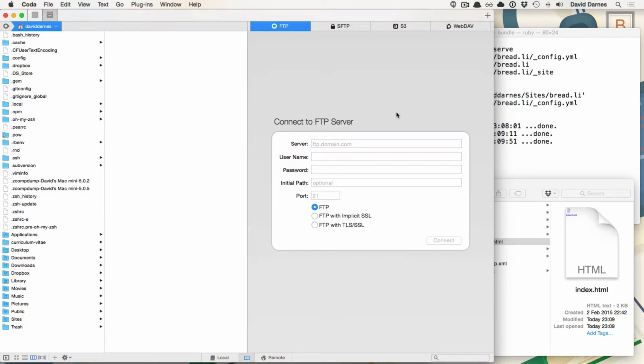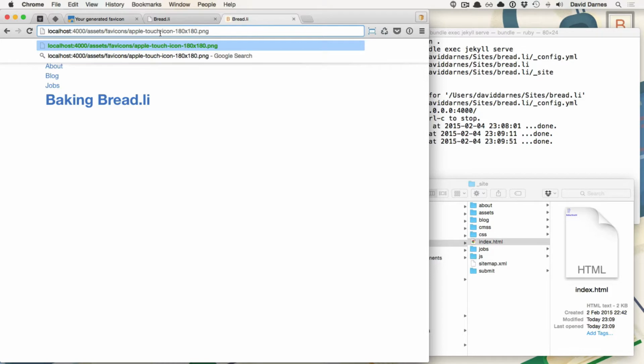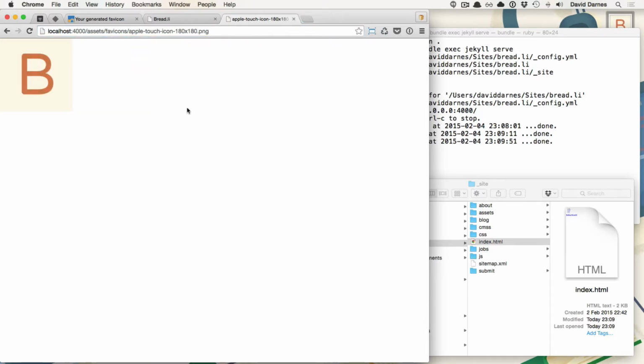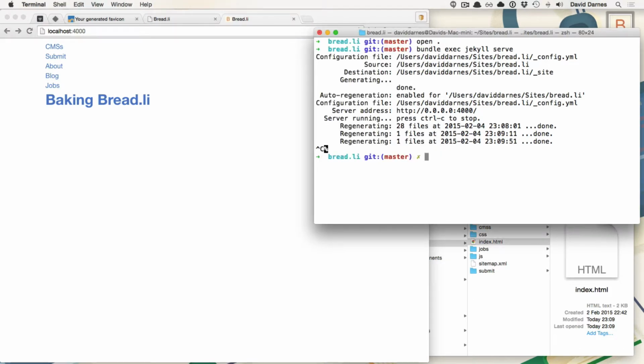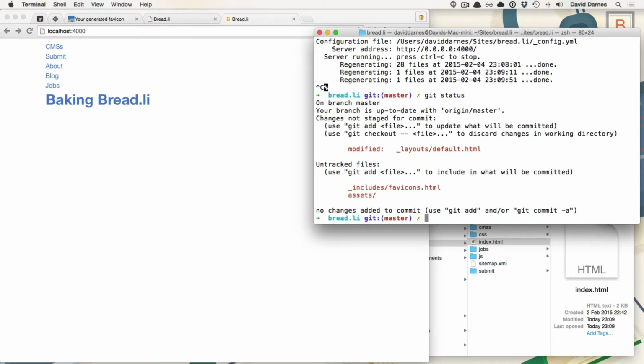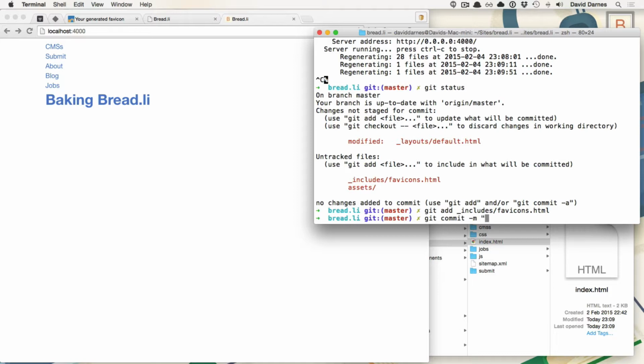Let's close all these files and then go to here. It's in there. It's working. So now what we need to do is cancel our process, do git status, and we've got stuff to add. So let's do git commit. No, we need to do git add. So git add includes favicon.html, and then do git commit creates favicon include file,